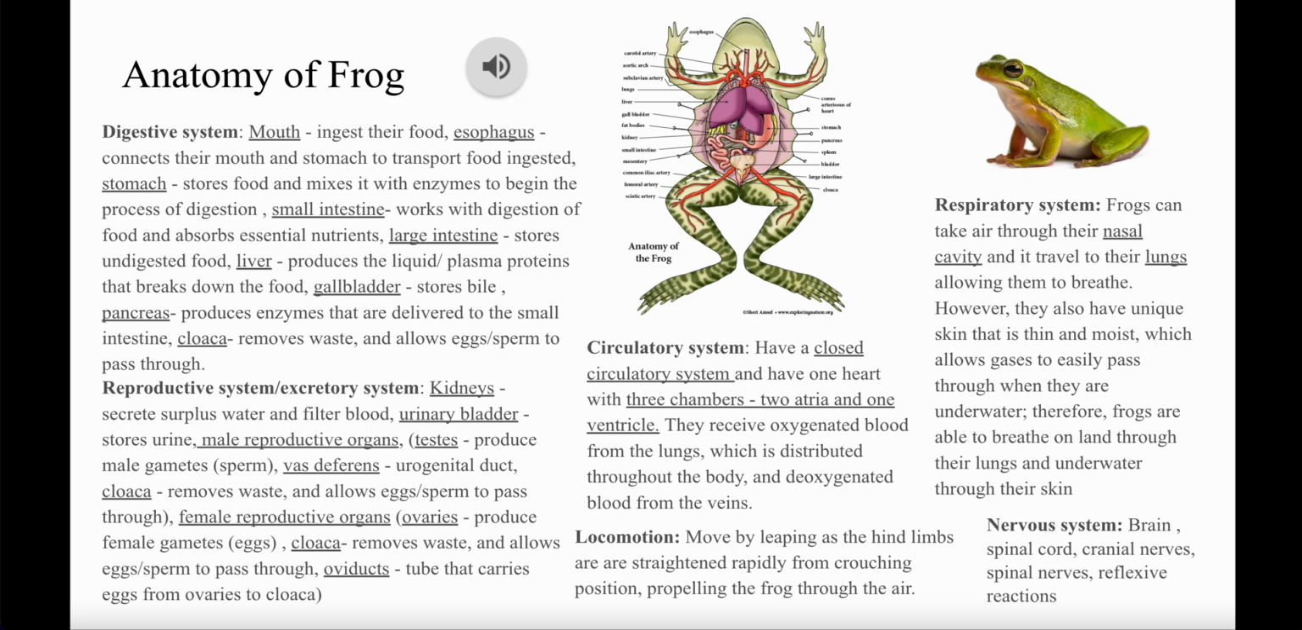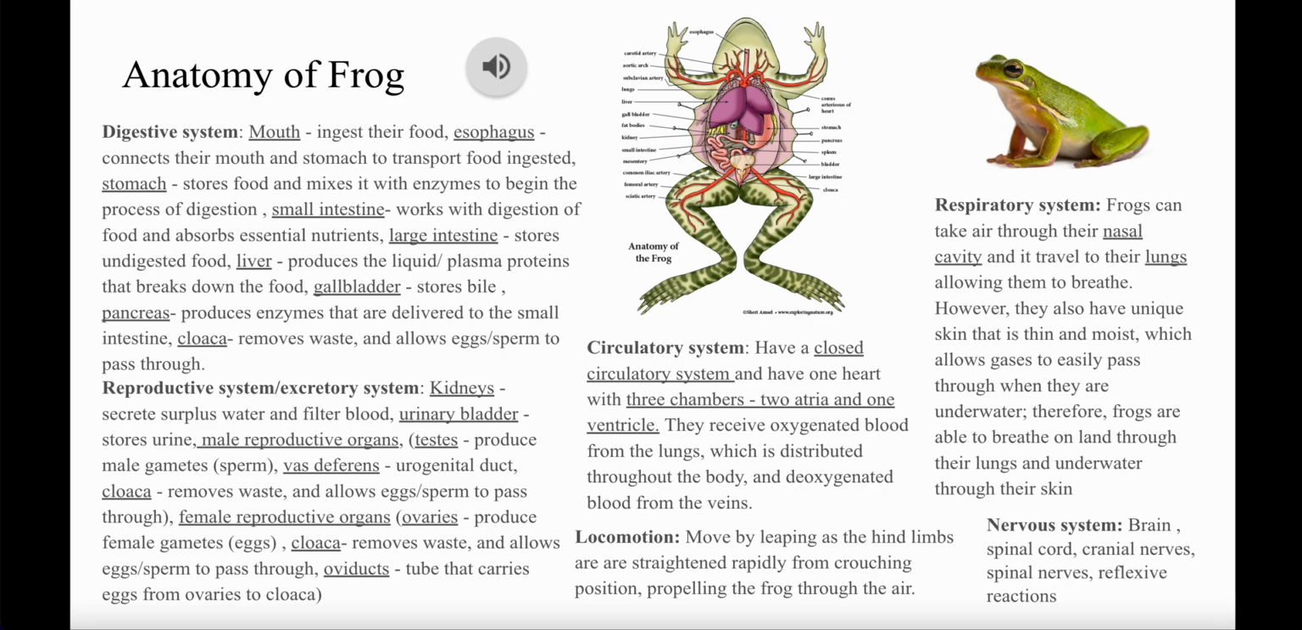Their gallbladder just stores bile. Their pancreas, also important, produces enzymes that are delivered to the small intestine, which absorbs the essential nutrients. And then their cochlea removes waste and allows eggs and sperm to pass through, which is, again, an important thing that they need. Next up, we have their reproductive system and excretory system, which includes their kidneys, urinary bladder, the